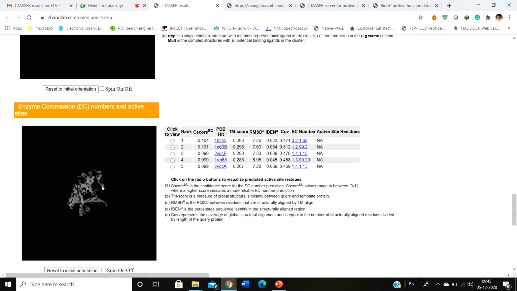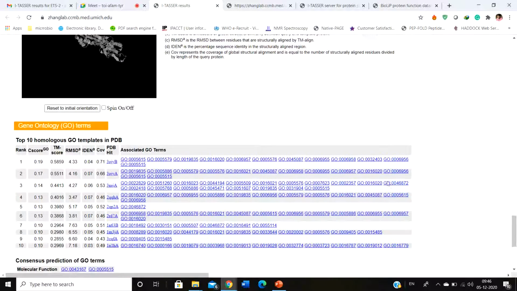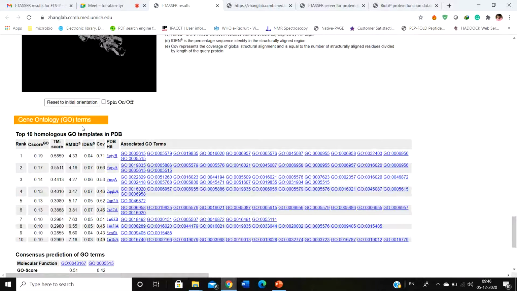And next you have the enzyme commission number. What would be the enzyme commission number of your molecule, and that's a different thing. And next you have this important thing called the gene ontology. In the gene ontology terms, it has already mentioned these are the terms. For example, this one says that this might be present at an extracellular space. This is a part of a membrane attack complex. This helps in cytolysis. It's a membrane protein.